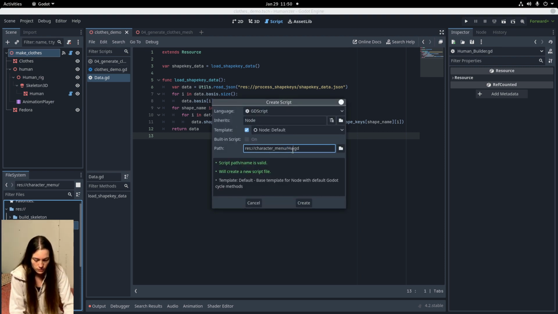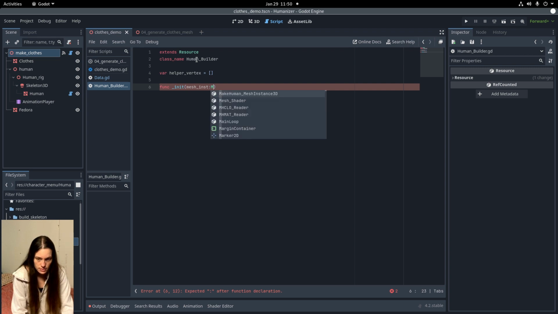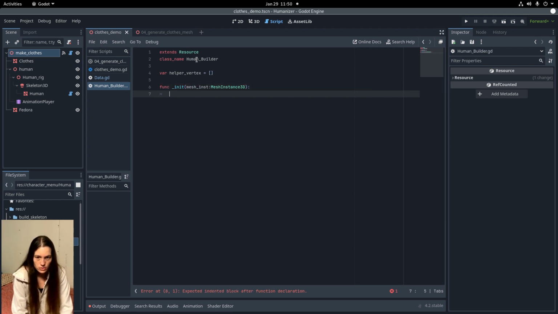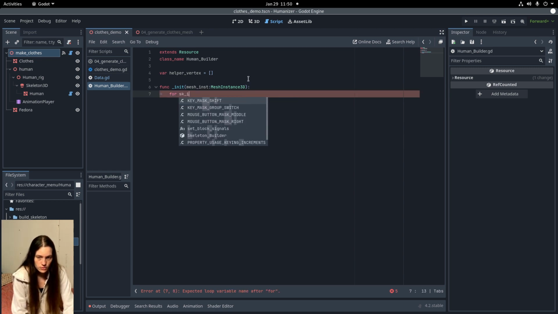So I'll make a new class for the human builder, extending resource, and I'll set the class name and make a new variable for the helper vertex data, set to an empty array. And on initialize, I want to take a mesh instance variable, mesh instance 3D. I'll need to build the helper vertex array, but for now, I'll just loop over the shape key IDs in the